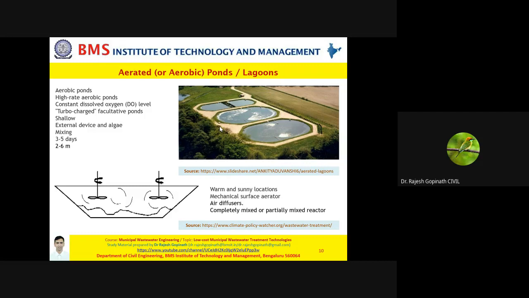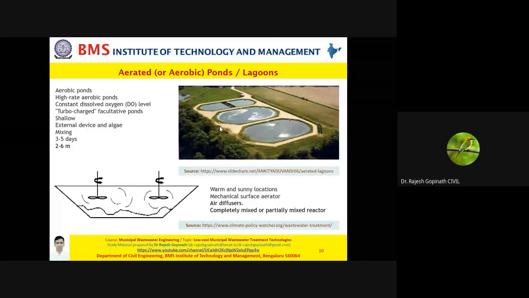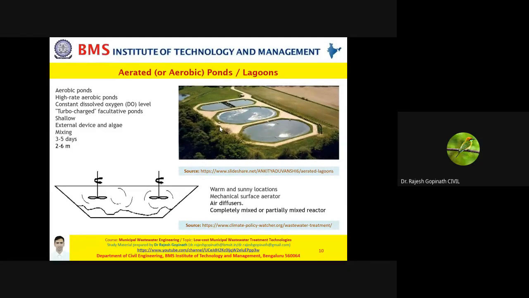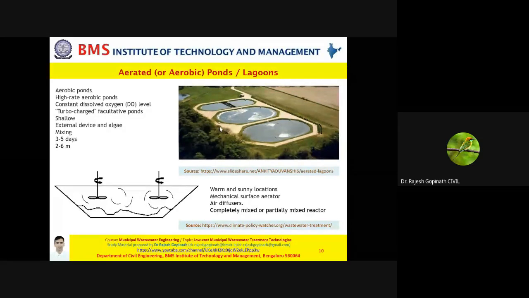But where does algae get carbon dioxide from? The microorganisms present in the wastewater break down the organic matter. When they break down the organic matter, they produce carbon dioxide. Algae takes this carbon dioxide and returns oxygen to the system. That is why, my friends, this is not just a mechanical system, but you can also see it's a natural system. But let's be very honest, aerobic ponds have not been used widely.